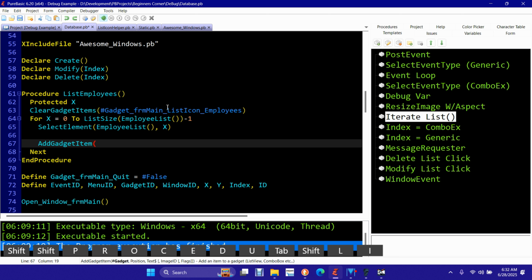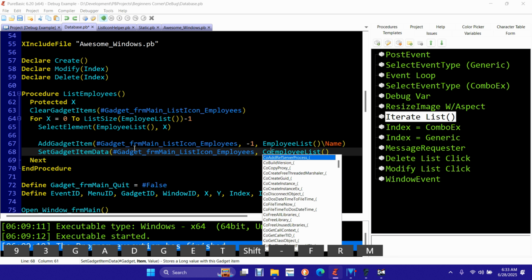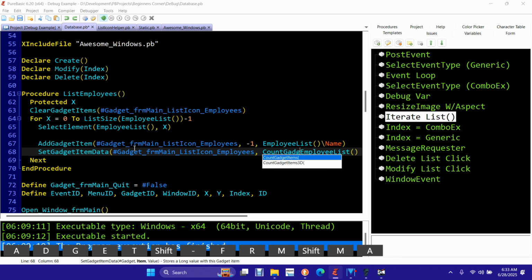And I think, nope, that's not in the buffer. Well, that's okay. Hold on. I'm going to need this anyhow. So we're going to do that. But really we need this. So we're going to say add gadget item data to that gadget. And then where this is going to be count gadget items of this guy minus 1 because it's zero based. And we're going to say set him to,